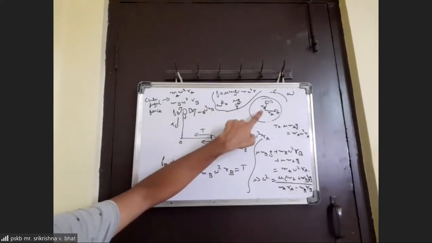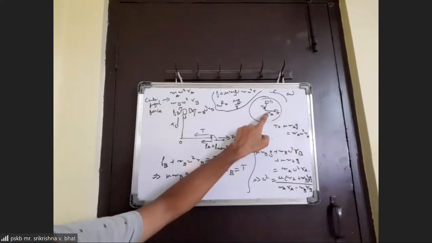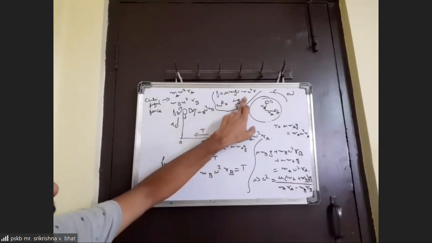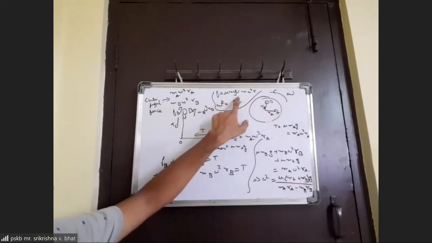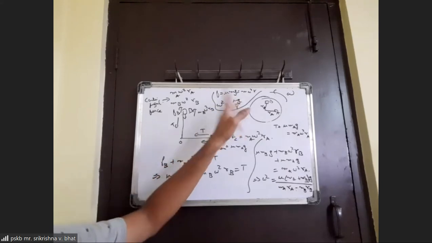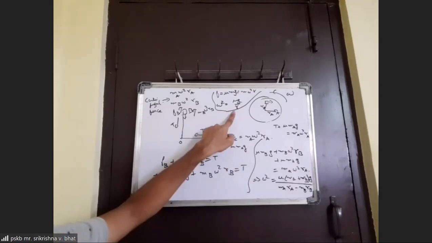We can say that the centrifugal force which is acting outwards is being balanced by the static friction force which is acting inwards. Okay, and the maximum possible static friction value is mu mg. So by equating this mu mg to m omega square r, we get the maximum angular velocity that the disk can be rotated with without causing slipping, and that comes out to be root of mu g by r.